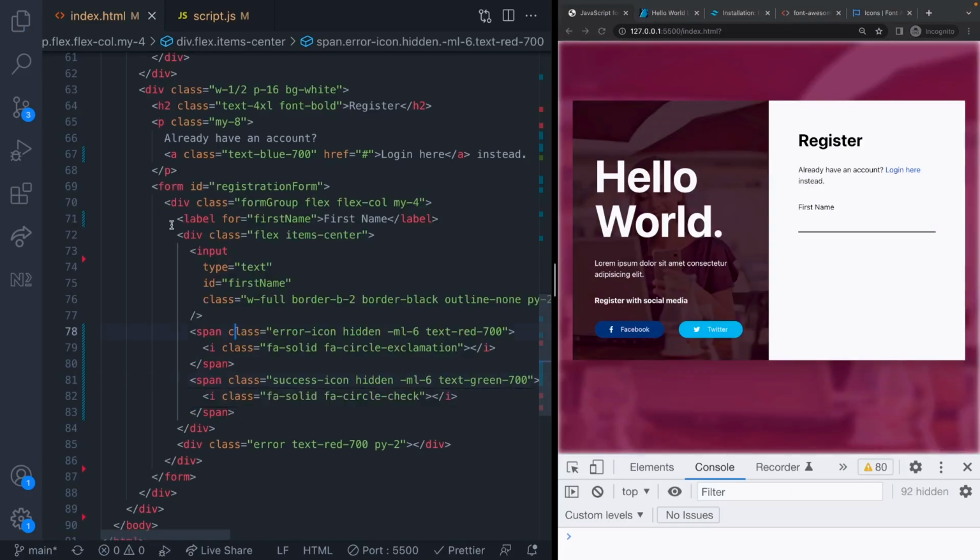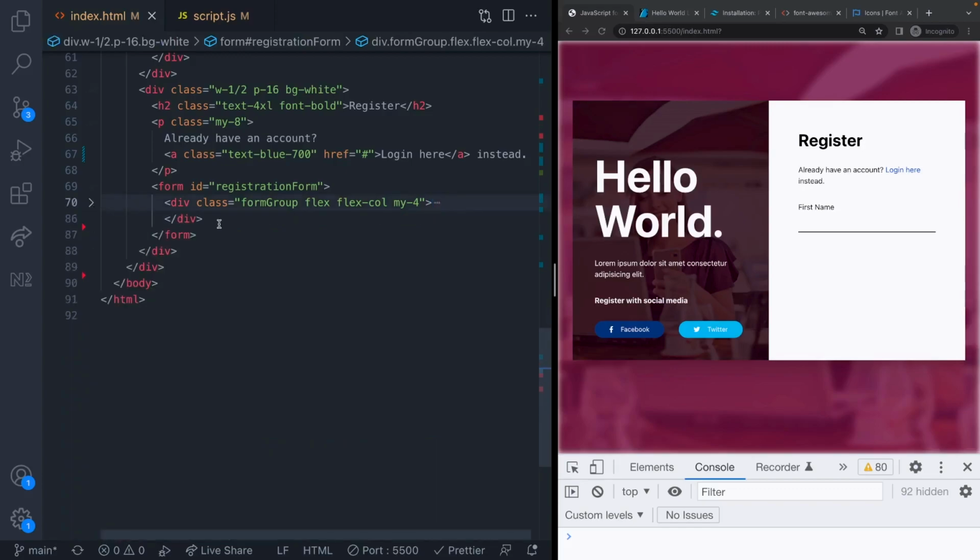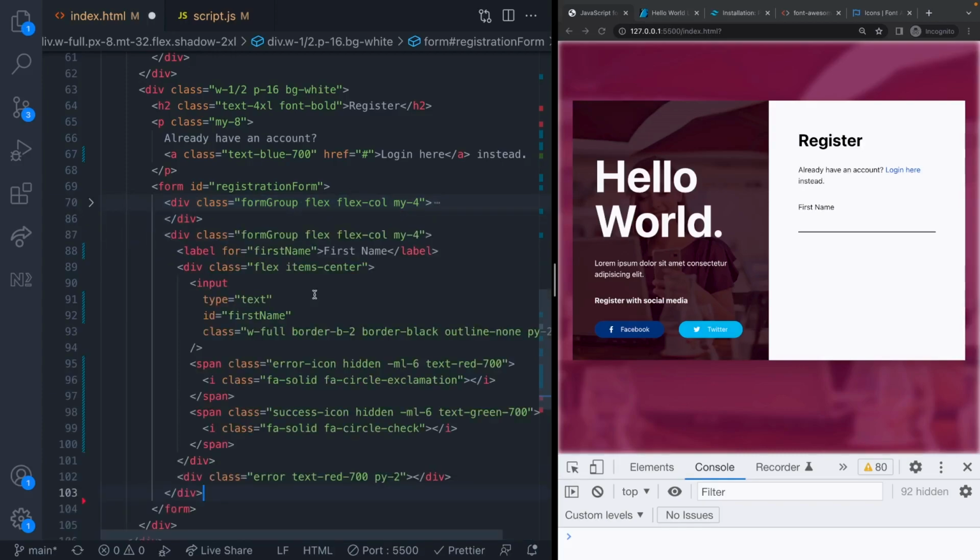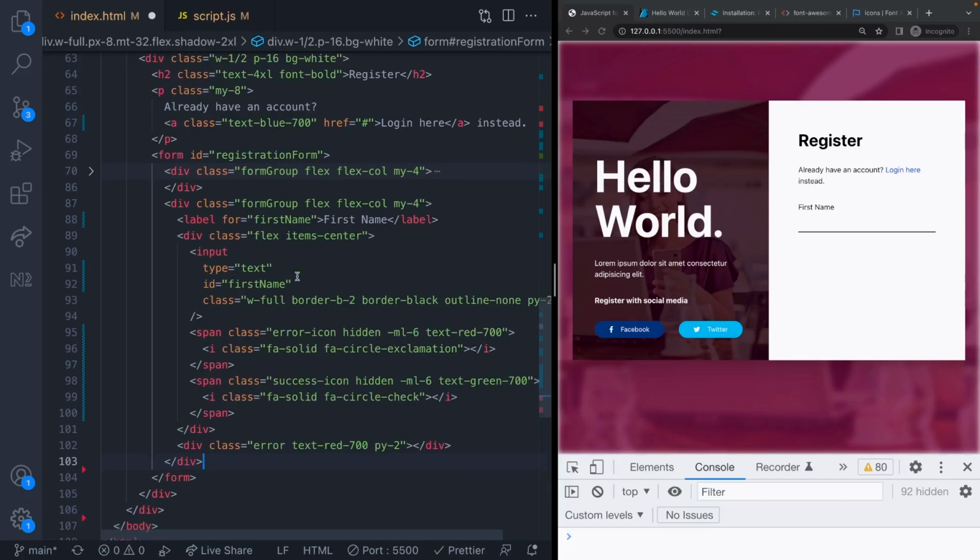We can literally just kind of copy and paste these groups, this form group that we've created. Of course, if we were using a framework, this is where everything would come into play by creating a component for this, but we're going to have to copy and paste this because we're just creating a standard HTML page. So we're going to first of all create another input field for email. So we'll just call it email